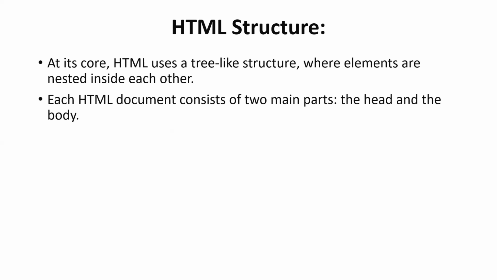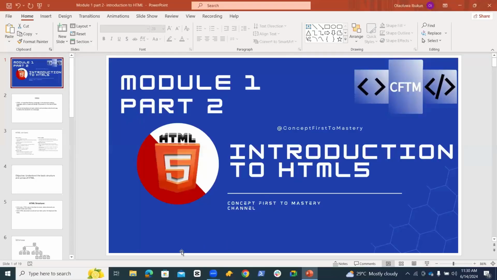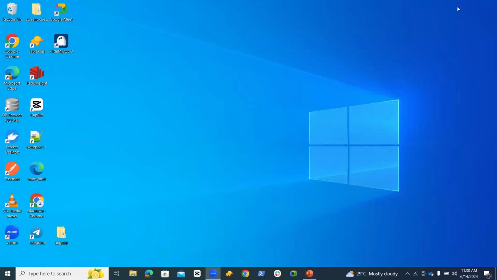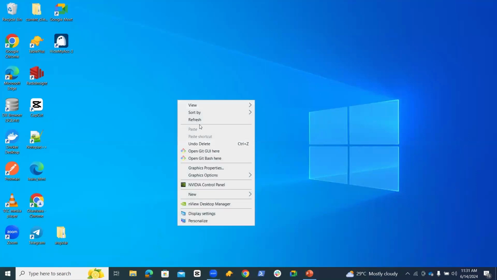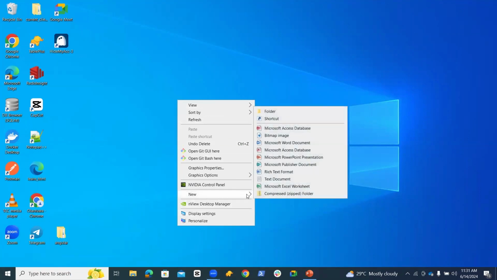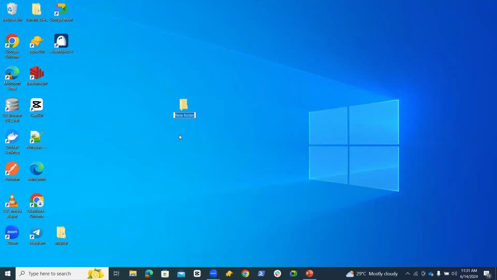Before I go into HTML structure and the likes, I think it's better that I set up a project folder, a practice project folder from where we can practice things and move on from there. So what I will ask you to do is go to your desktop, right click and come to New. Here you will see New Folder. Just create a folder and you can name it